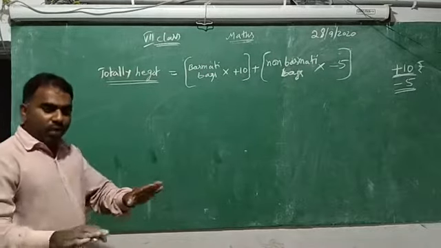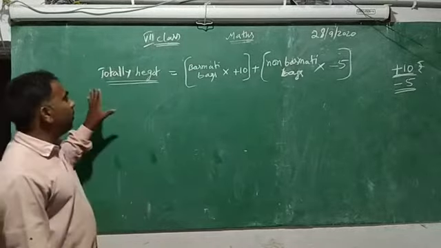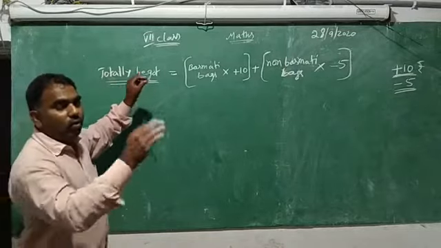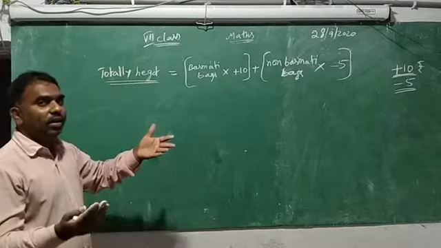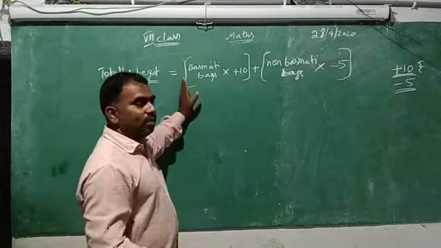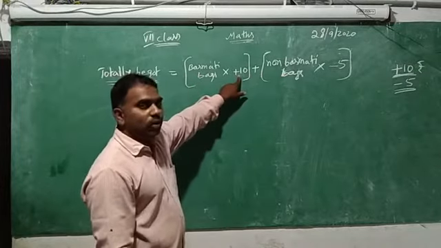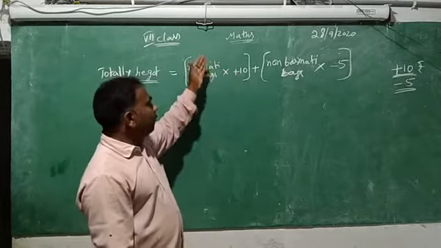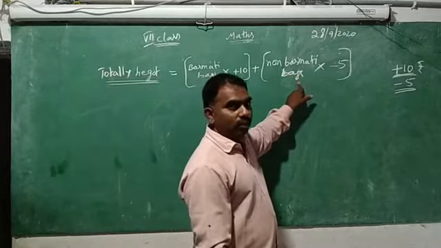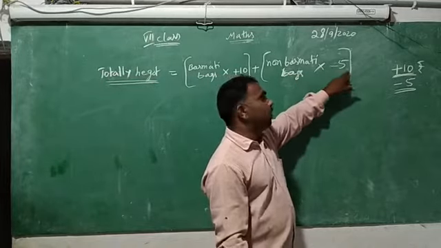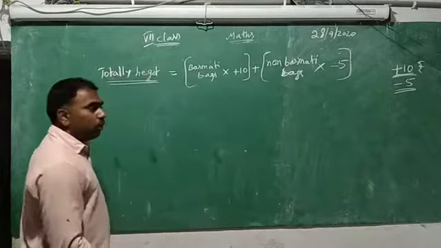Whenever you get problems like these, you create the formula. How to create the formula? Here we are going to find how much he got in total. How are we finding it? Two businesses are there: basmati rice business and non-basmati rice business. From a basmati rice bag, he gets 10 rupees profit. If there are more bags, we multiply, that's why into. For non-basmati bags he gets a loss, that's why minus 5. For more bags we need to multiply. Now, you do the first situation.